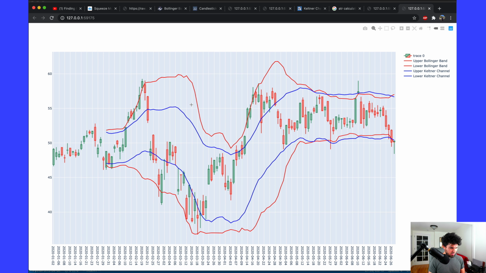And so if you look here, it's around 50 to 55 here. It looks like there's a period of high volatility here. The red is the Bollinger Bands, and you can see they're way outside of the Keltner channels during this period of volatility, but then you can see they start to squeeze inwards, and you see these Bollinger Bands, these red lines, are now inside of these blue lines. So we're calling this the period of low volatility, and that there's going to be eventually a point where this breaks out of this low volatility range. And then indeed, I believe if you look later,